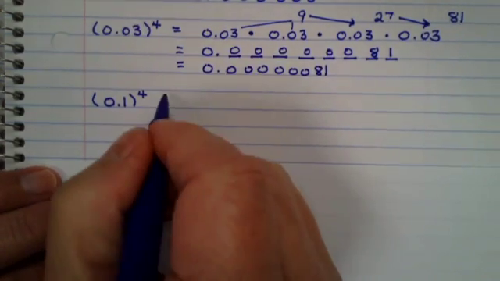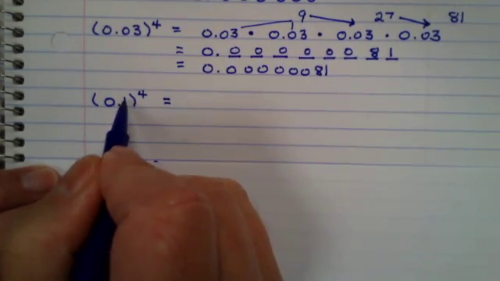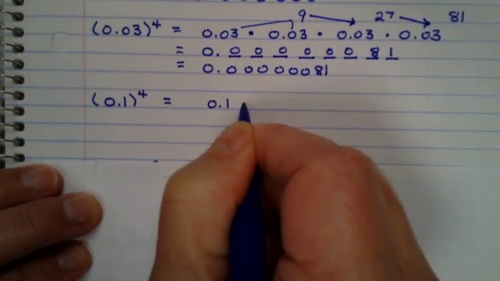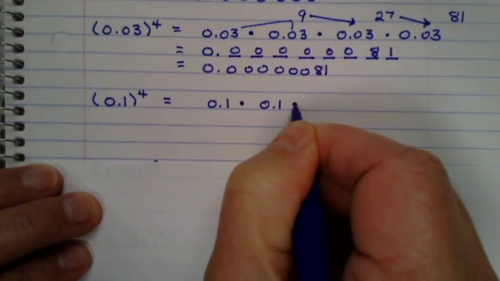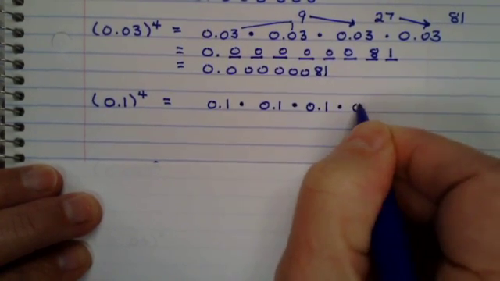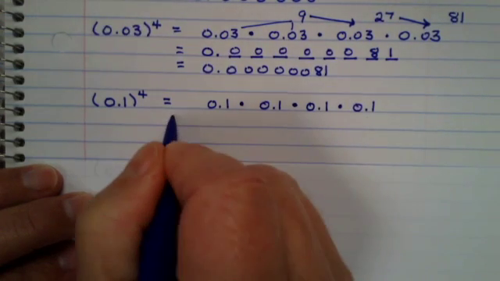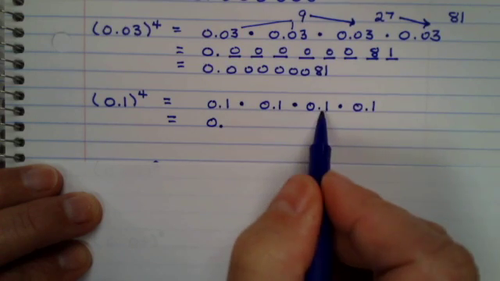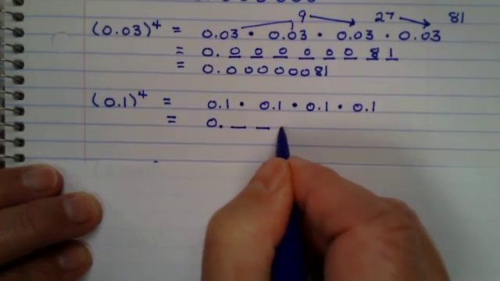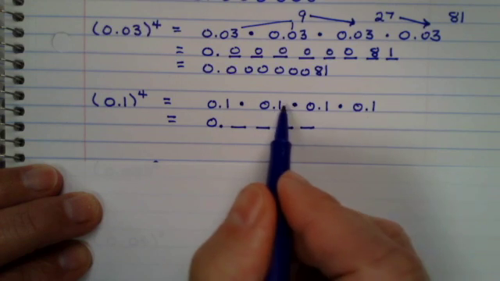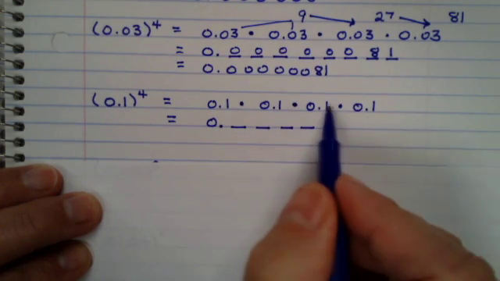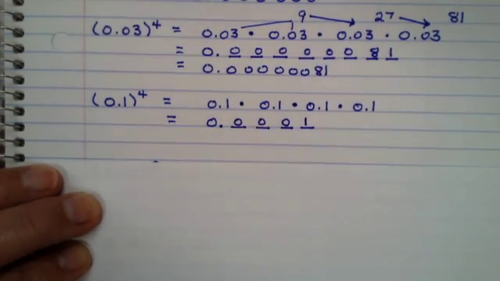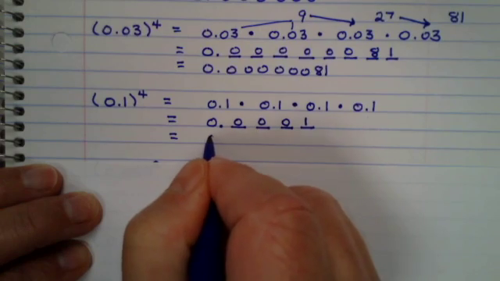Our next example. This exponent is going to tell me to multiply what's inside the parentheses to itself that many times. 0.1 times 0.1 times 0.1 times 0.1. How many numbers am I going to have after this decimal point? 1, 2, 3, 4. Multiply the numbers that are not 0 together. 1 times 1 is 1, times 1 is 1, times 1 is 1. The spots that are empty, I place zeros in those. My answer is